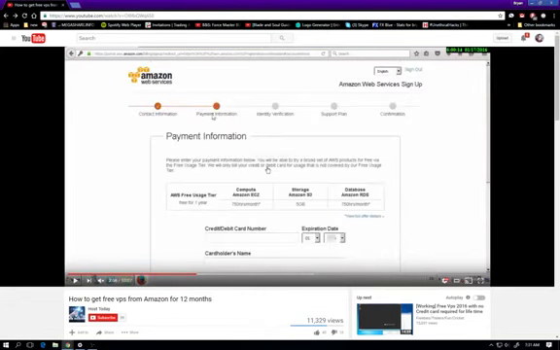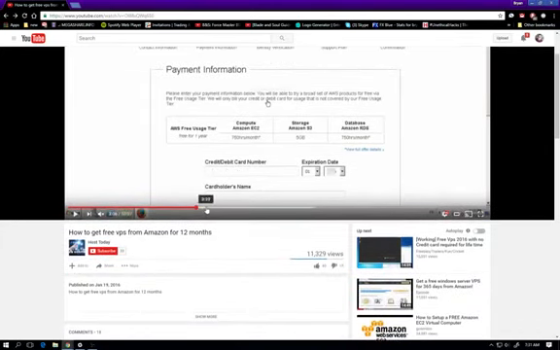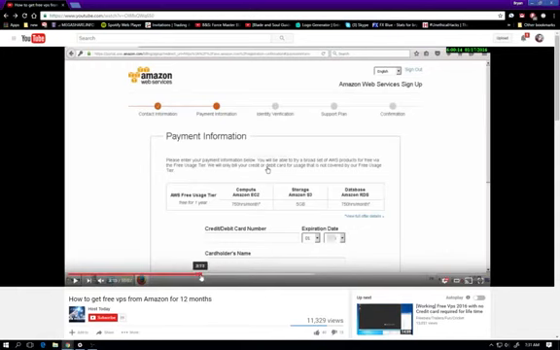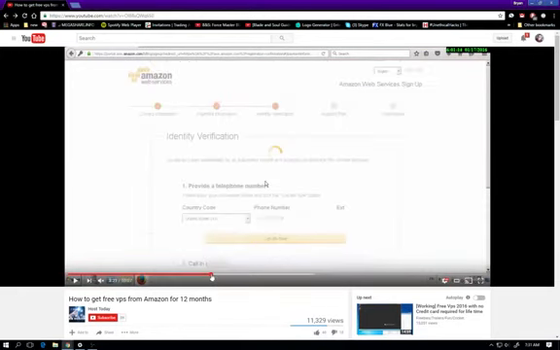Next, after you do contact information, it is going to ask for payment information. What it's going to do, it will charge you $1. So just be aware that it will charge you $1 right here. The next part is identity verification. Well, it asks for your credit card information. And it's going to ask for a phone number so that they can call you. They're going to give you a 4-digit PIN number. When they call you, you just punch in that 4-digit PIN number, then watch the screen, and it'll let you go on to the next step.